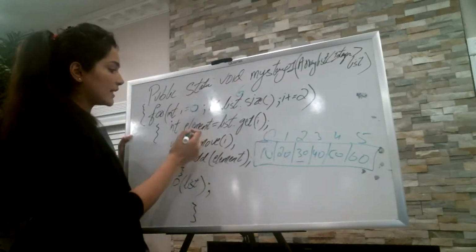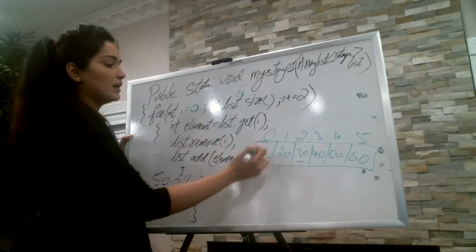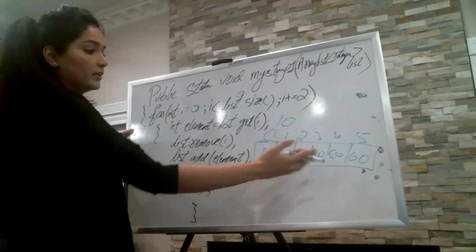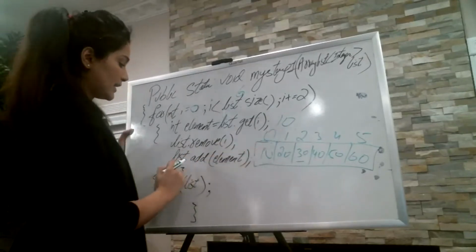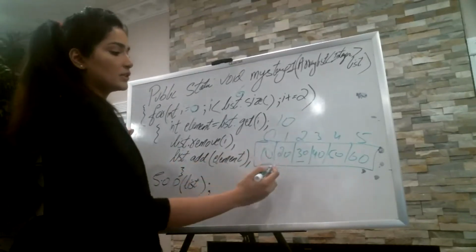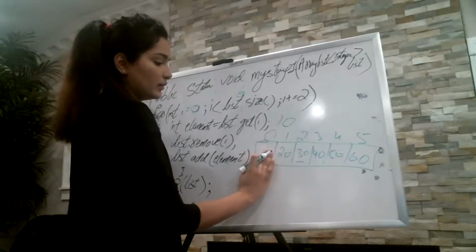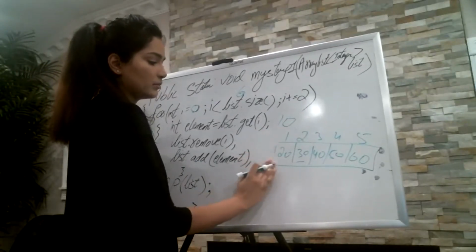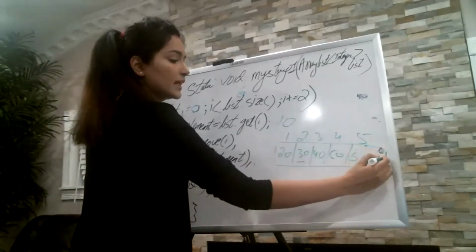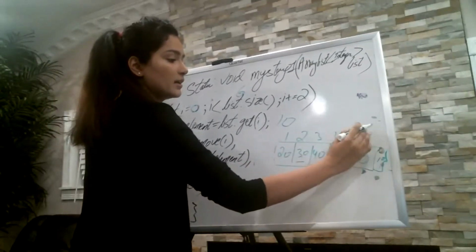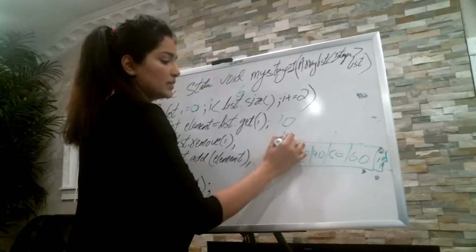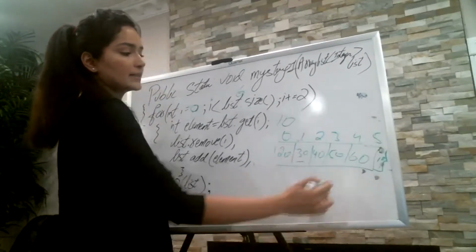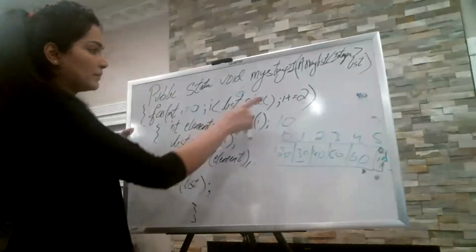So you go inside, element equals list.get(i). Element is 10 and list.remove(10). It will give a big jump on this side. Then you have list.add(element). So basically what you are doing is removing everything. Let's just change the index numbers. 20 comes first and 10 is added at the end. So your index numbers are changed 0, 1, 2, 3, 4 and 5 like this, and 10 goes at the end. i plus equals 2.